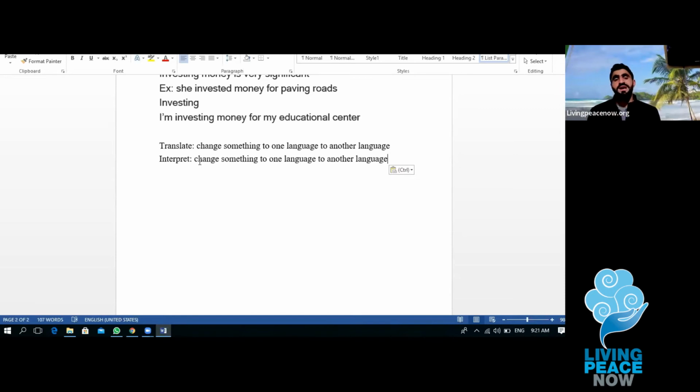If you change this line, that means translate. If you change my speaking to other people, that means interpret. There's a difference. And translate follow word says